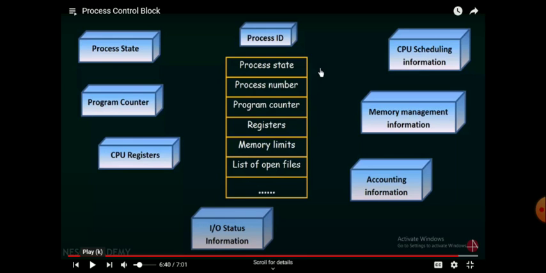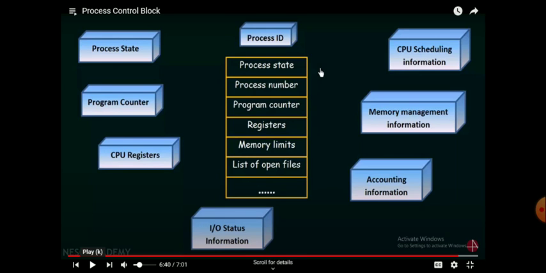So every process will have a PCB. Process 1 will have a PCB separately. Process 2 will have a PCB separately. Similar to a student, each and every student will have an analysis report separately, because each and every student is unique, right? Similarly in our system we are opening many files.